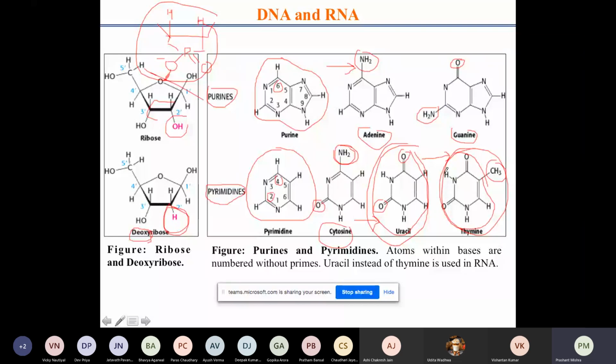If thymine is present in the DNA structure, there is no problem. The duplication will happen. But suppose uracil is present in the DNA, what will happen? Because this is not a normal constituent of the DNA, it will be removed. And this process by which the randomly formed uracil is removed from the DNA is known as the proofreading ability